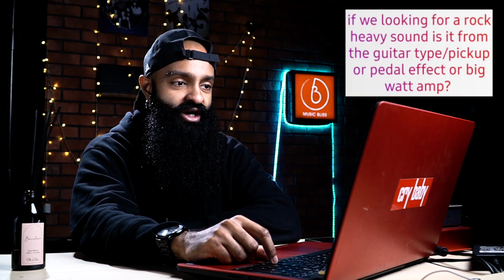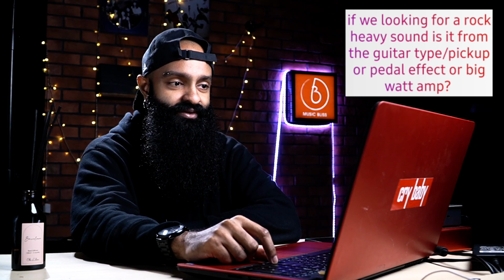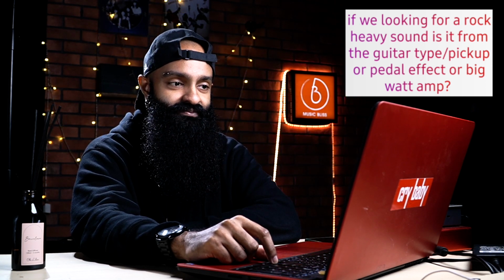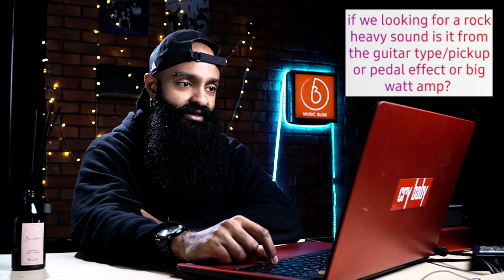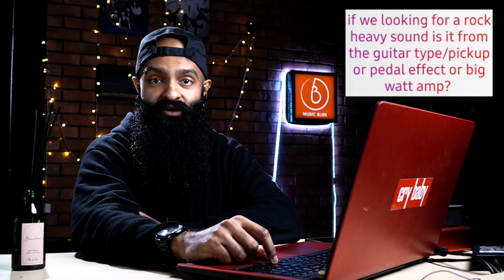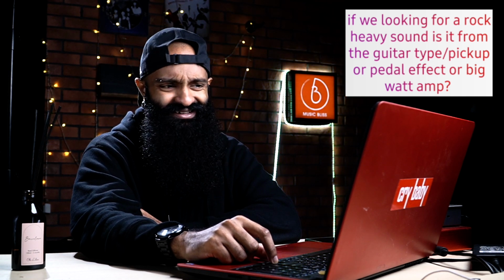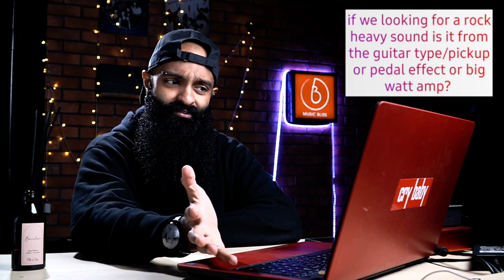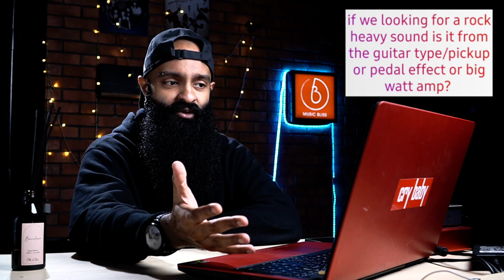If you're looking for a rock heavy sound, is it from the guitar type, pickup, pedal effect or big watt amp? So many things. Number one, you need a good right hand. You need to know how to strike your strings with the right amount of force to get a good tone. Number two, whether it's from the guitar pickup, the pedal or the amp, it is a combination of so many